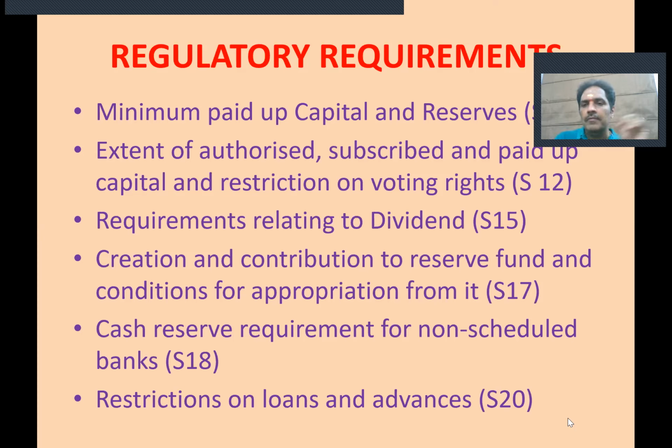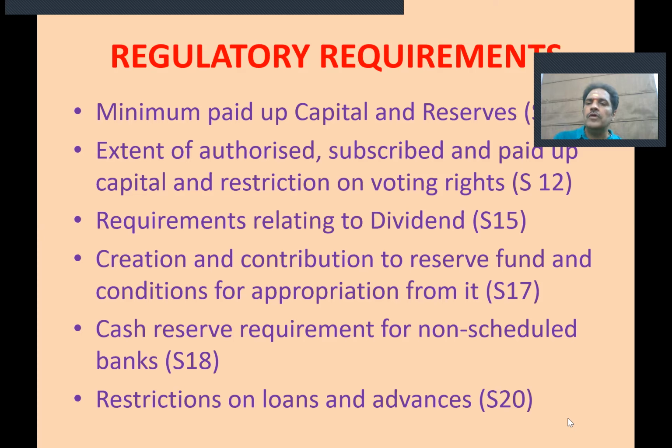What you have is a minimum regulatory capital. The other case you have through the prudential norms Reserve Bank specifies is what is called as a capital to risk weighted assets. So that is something which you don't need to discuss now, but that is also something which is very important. Then section 12 talks about the extent of authorized, subscribed and paid up capital and restriction on